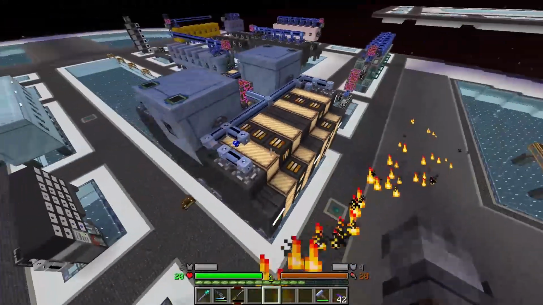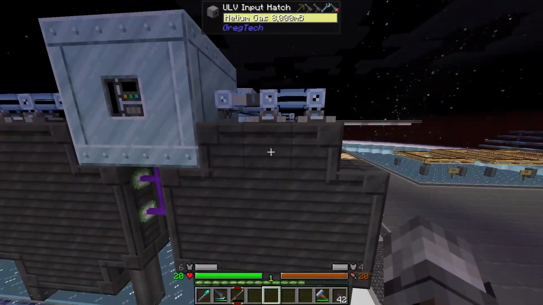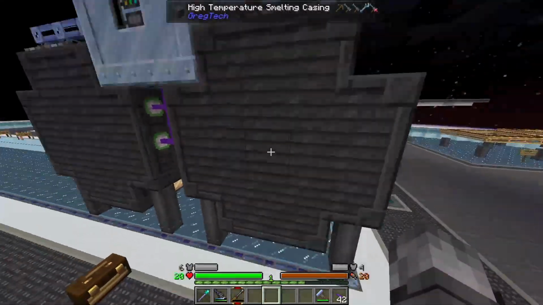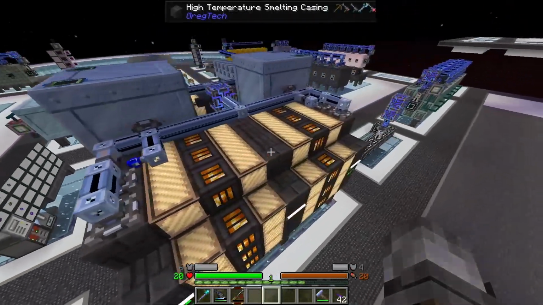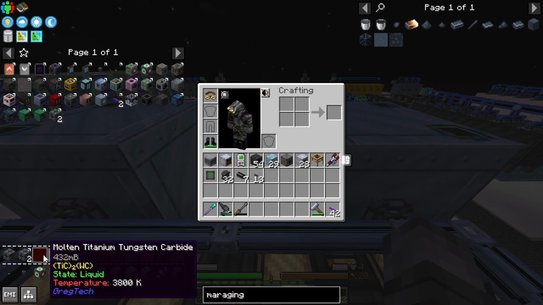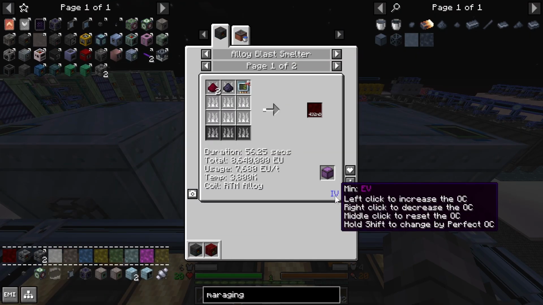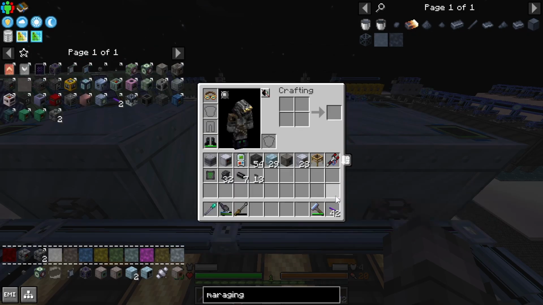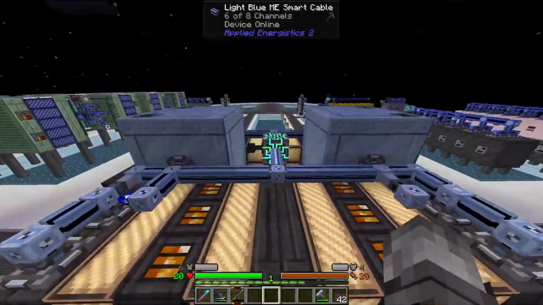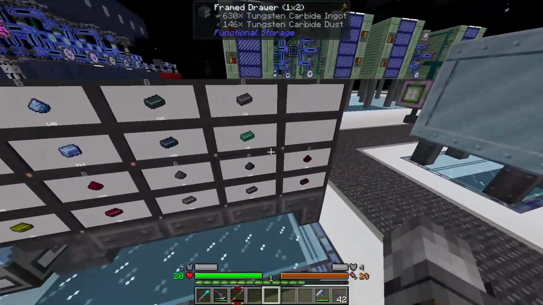So I could have, realistically, if I put the input buses here, and input hatches here, I might be able to put like 5 recipes on each side. Obviously, that would be a lot slower. Now, maybe going up to like ZPM, because EV is its slowest. Going up to like ZPM or UV, UHV, these recipes are a lot faster. So maybe in the future, upgrading these to be able to take that higher energy would be the way to go. And then put multiple